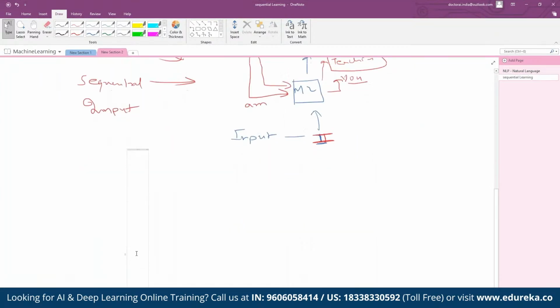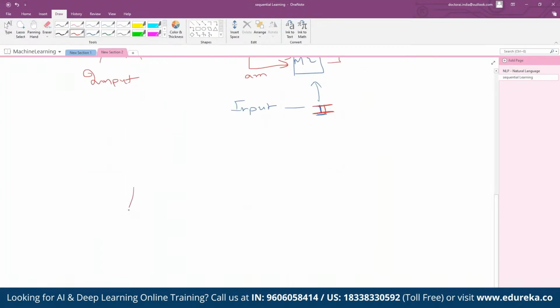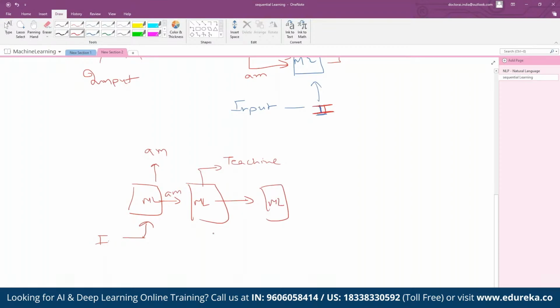Let me scroll down. This is how the machine learning model will look. You are inserting "I", and that information goes into the next tab, which predicts "am". The next machine learning model will take the input of "I" and "am" and predict "teaching". Now it will pass this information to the next machine learning model, which will predict "you". So this information we will have to keep giving to the machine so that it can predict